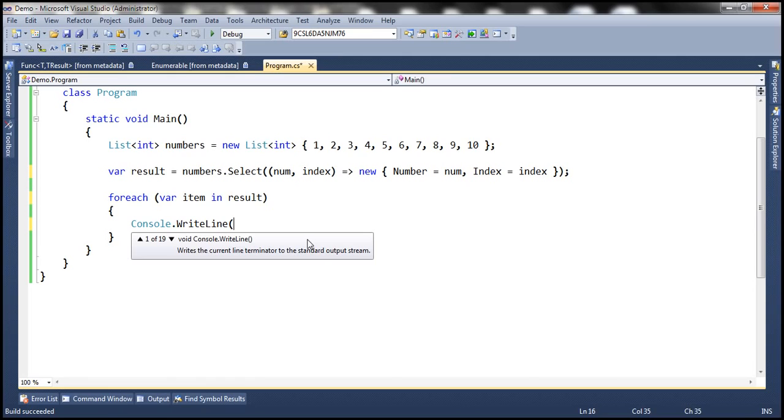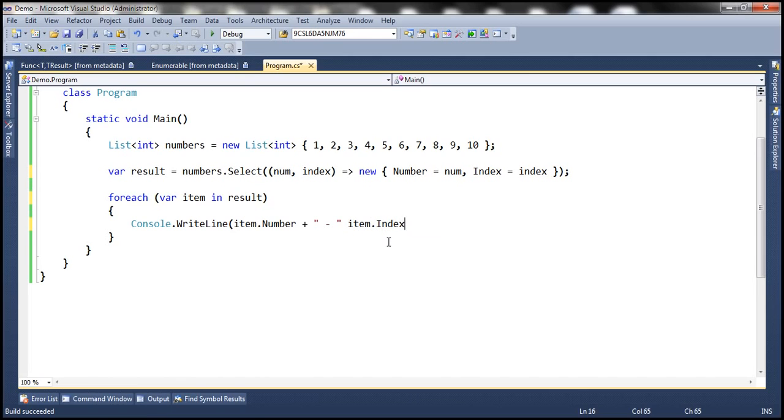What we basically are going to do now is print each number and their index position. So Console.WriteLine item.Number plus, so notice that though this is an anonymous type, IntelliSense still shows the properties that are present on that type, right? So item.Index. So when we run this program now,